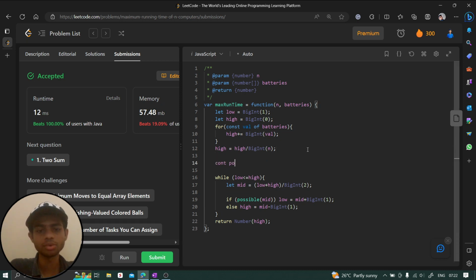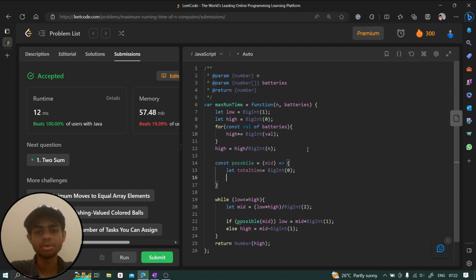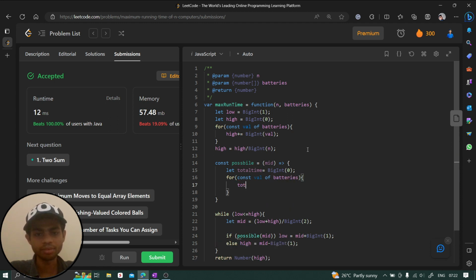So we can say const possible, not const, right? Const possible is going to take one parameter, that is mid, and then first of all, let total time be nothing but BigInt of 0. Then we are going to say for const value of this batteries, we are going to say total time